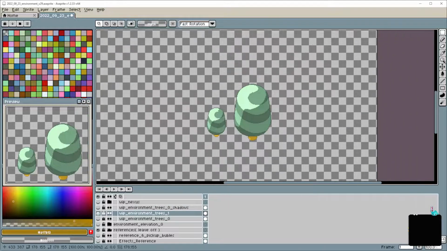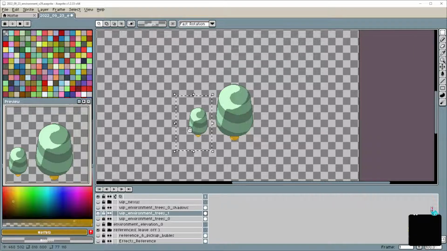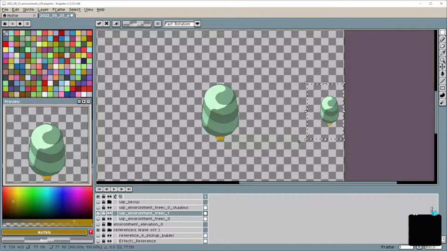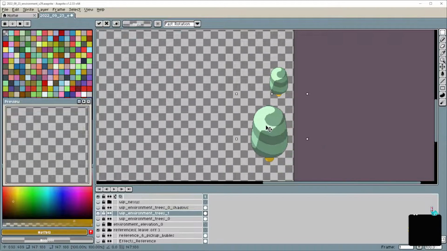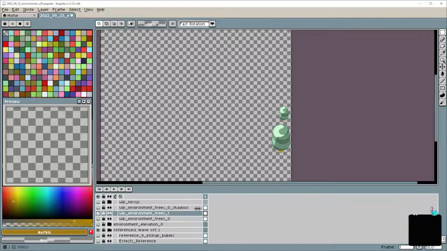Okay, so let's separate them out. This will be kind of the mini. This one will be the bigger one, and we will iterate on these, but I want to get the size right. And for the size, what I need to do is I need to get a reference. So I'll be grabbing one of those, whatever it was called. That's what I want.